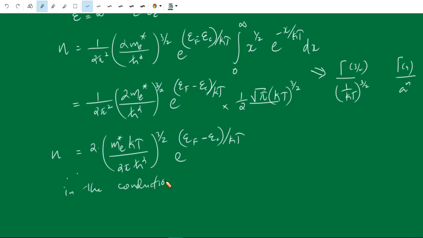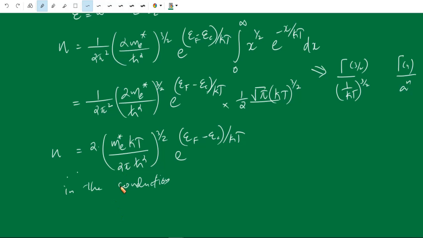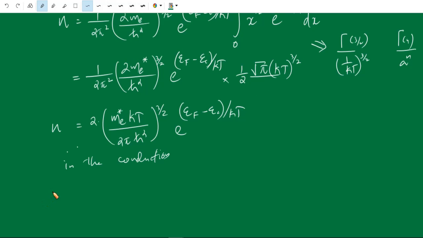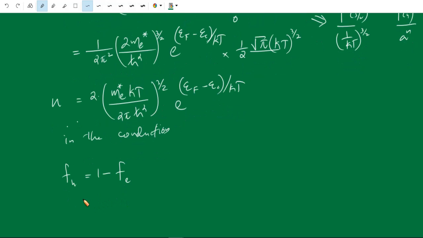This happens only when, at a given temperature, some of the electrons are excited from the valence band to the conduction band. If an electron is excited to the conduction band, it means there will be a hole left behind in the valence band. The probability of holes in the valence band is given by fh, which is equal to 1 minus fe. Because an electron is excited to the conduction band means there will be a hole, so it is complementary. fh is equal to 1 minus fe, so the total probability is 1. Therefore this can be written as